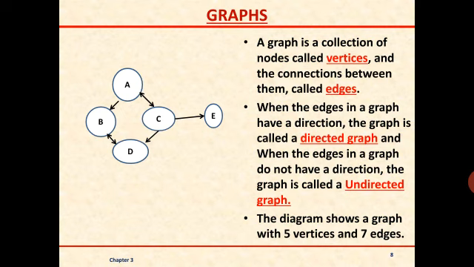The edges between A, D, B, C are pairs that make a bidirectional connection, that is a double-headed arrow we have shown. So in this graph we have learnt what a graph is, then what an undirected graph and a directed graph are, and also what vertices and edges are.